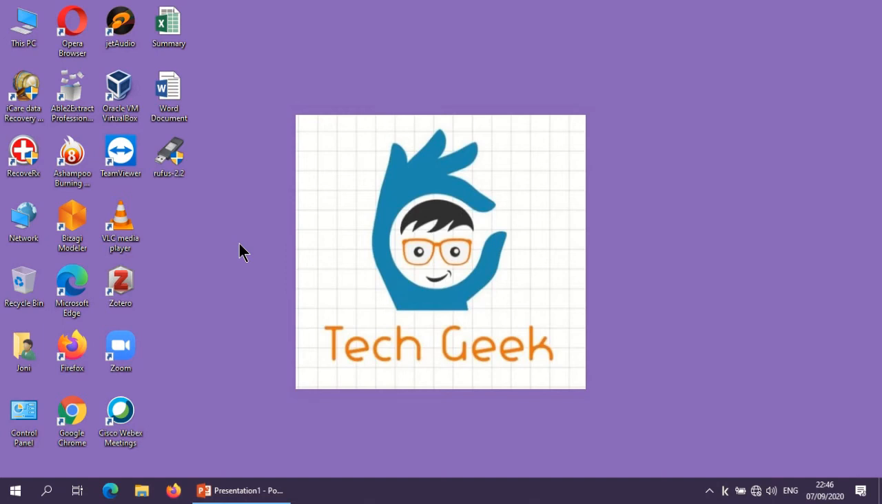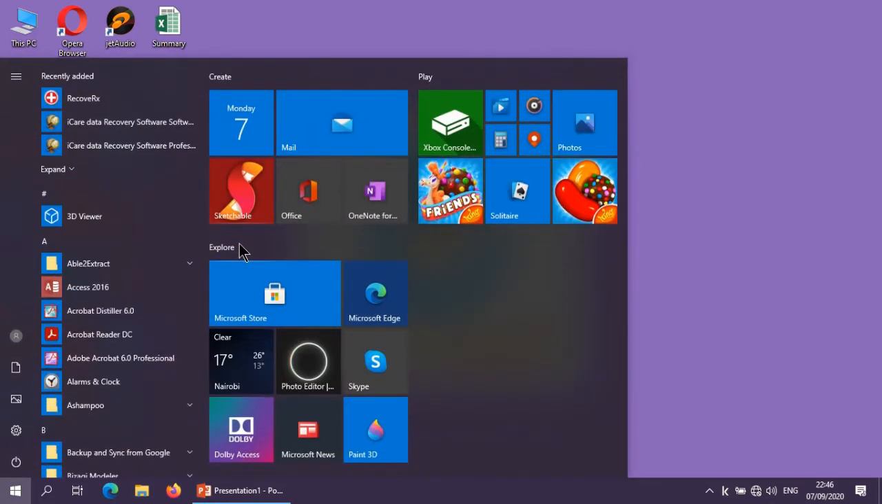Hi good people, today I'm going to show you how to start your computer in safe boot or in safe mode. Go to start on the bottom left of your screen and then you type